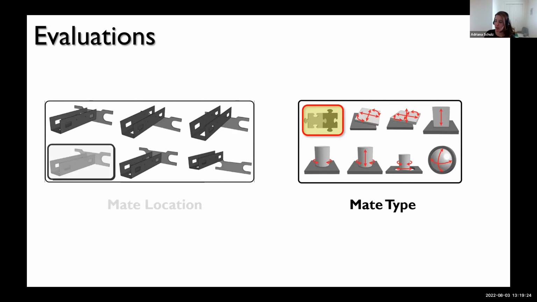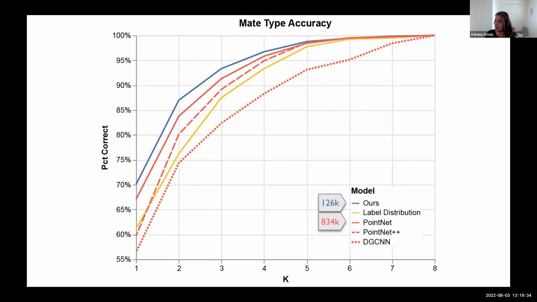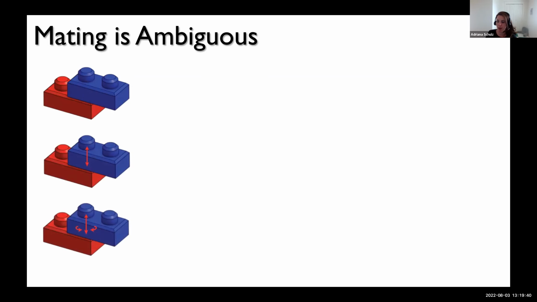This also works at a certain level for selecting the mate types, though the accuracy here is not as good. And one of the challenges that we notice is that the reason is that mating is actually quite an ambiguous problem. So here's an example where you have these Lego blocks that you're building, and a user could say, well, these are actually fastened, right? There's no degree of freedom. Or you can say, actually, you can pull them out.